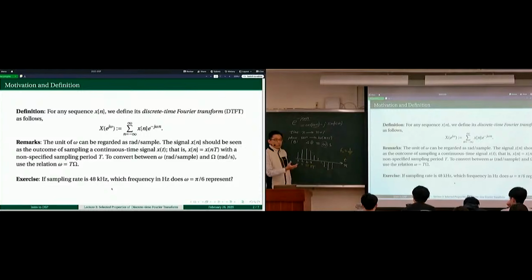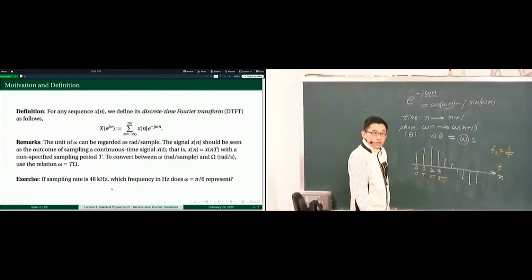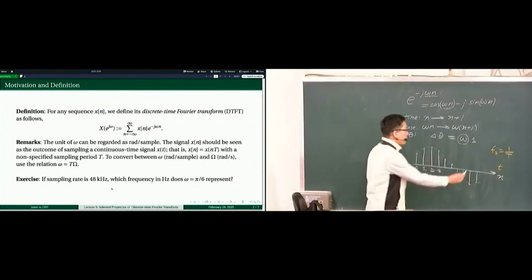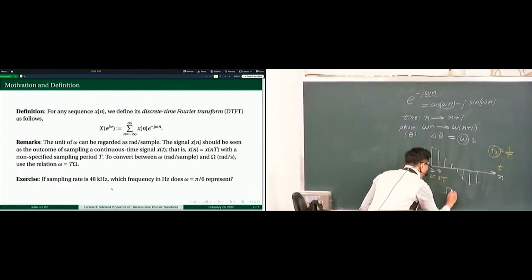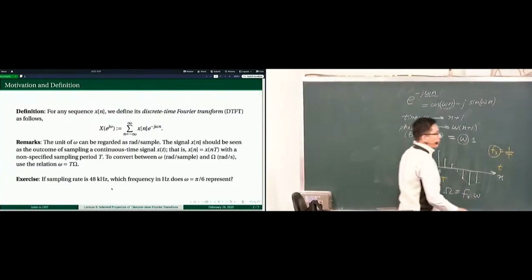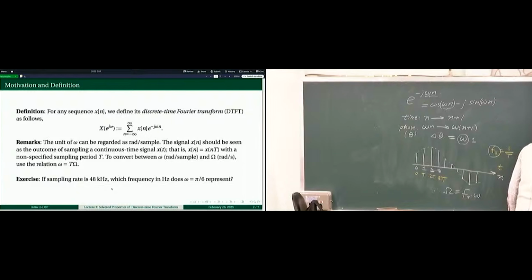So big omega tells us how much phase is accumulated by 1 second, while small omega tells us how much phase is accumulated by 1 sample. That's the relation, okay? So how many samples do we have in 1 second? That's fs, right? Therefore,